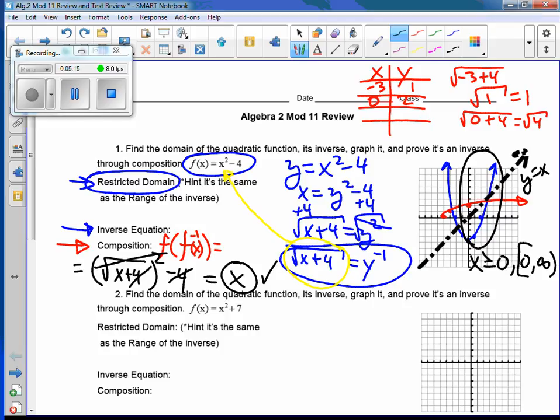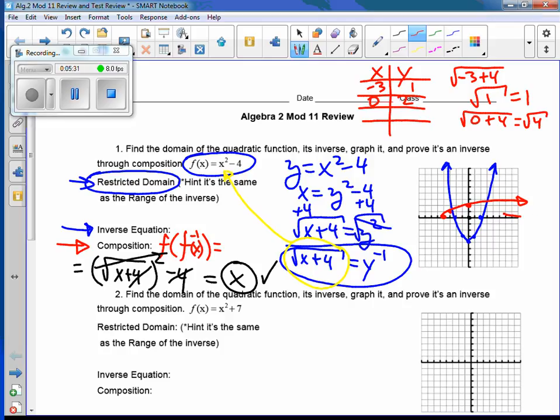Now, if you have trouble with that, if you remember that the range of the inverse of that graph, which is right here and goes upward, starts from 0 and goes upward to infinity, the range of the inverse, which is this function right here, okay, is from 0 to infinity. Well, if you remember from when we first started with inverses, what do